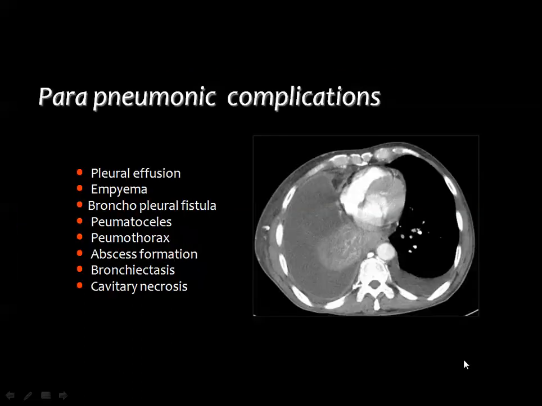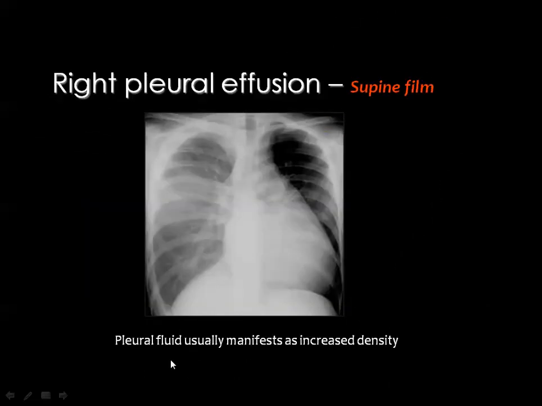Then there are a lot of complications associated with pneumonia, starting with the parapneumonic effusion, then the empyema, the bronchopleural fistula, pneumatoceles, pneumothorax, abscess formation, bronchiectasis, and finally what is known as the cavitary necrosis complicating pneumonia. Starting with the pleural effusion, frequently you are not able to radiograph a child in the erect position. Sometimes